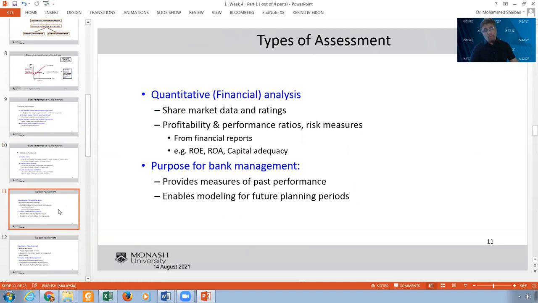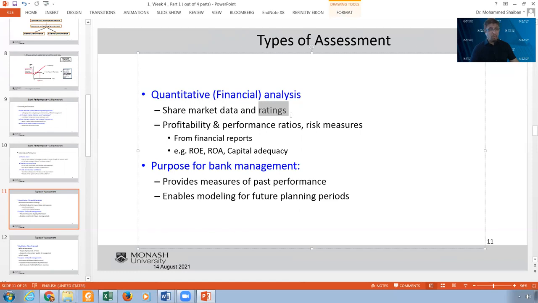Now, if you look at it from a different perspective, whether you are talking about internal or external, you can divide it into quantitative and qualitative. So let me talk about the quantitative one, which is actually the financial analysis or the financial ratios. That includes share market data and ratings. Rating agencies also